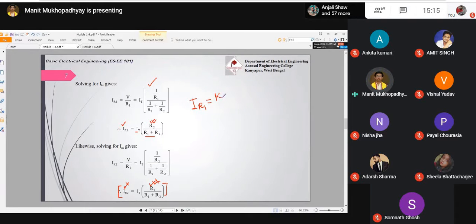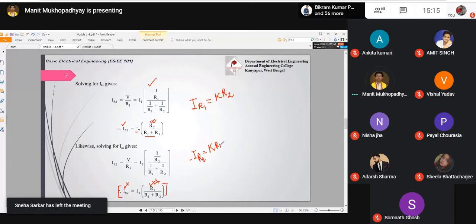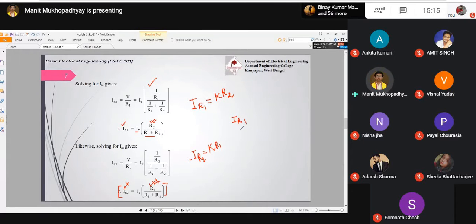So we will write K into R2, and when we write IR2, we can write the same K into R1. Now we can also write IR1 by IR2